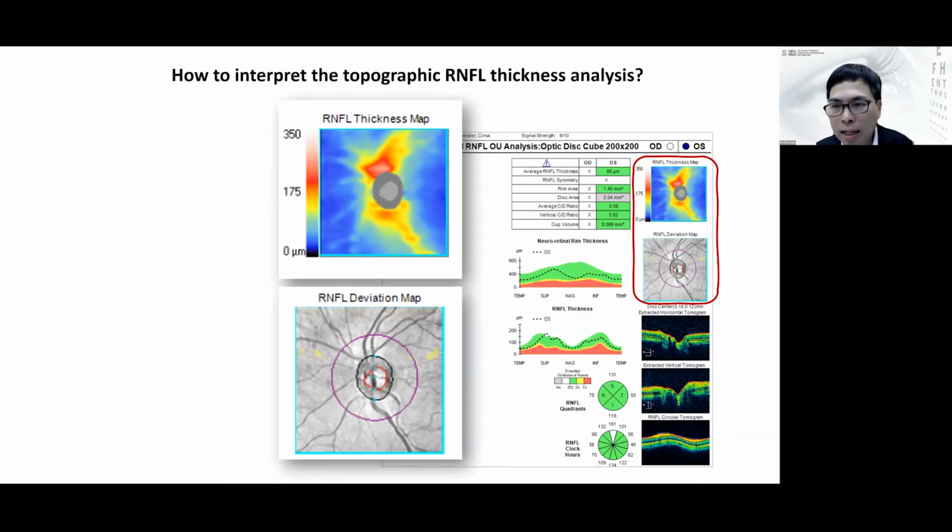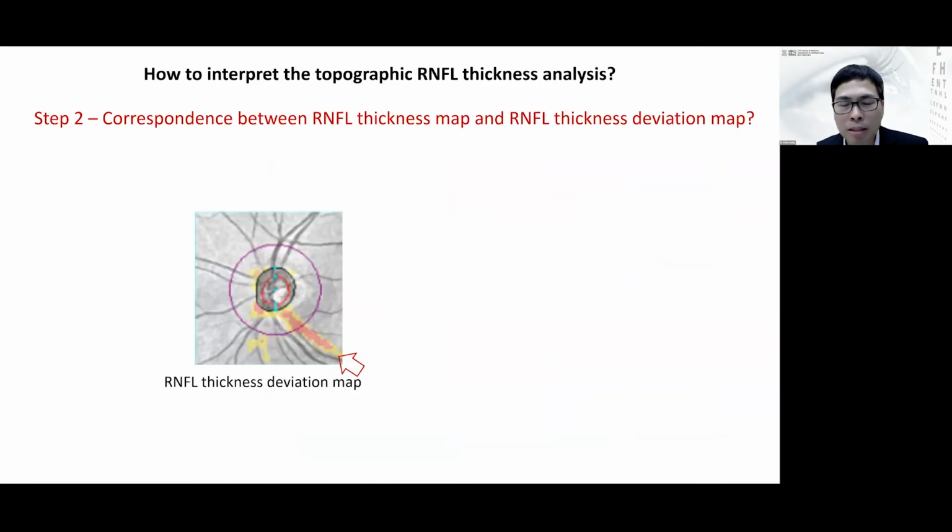Sometimes when you look at the printouts, there is a lot of information. There are measurements of the cup to disc ratio, and thickness profiles as shown in this printout. But the two most important parts in the printout are actually the retinal nerve fiber thickness map and the retinal nerve fiber deviation or probability map. Typically, I only focus on these two maps to make a diagnosis of retinal nerve fiber defects. Step 2